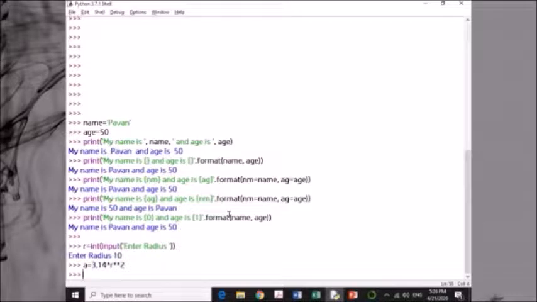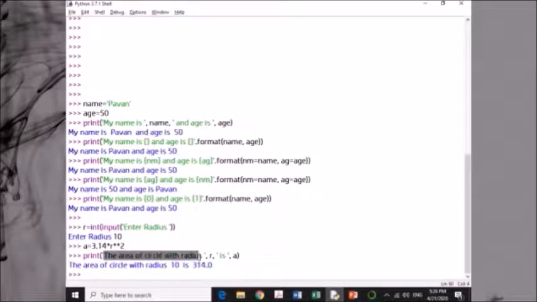So area has been calculated. Then you want to print the area of circle with radius r is a.